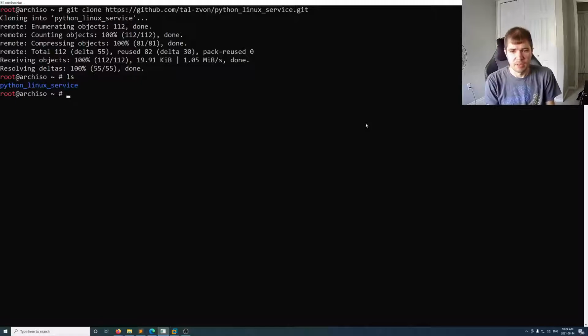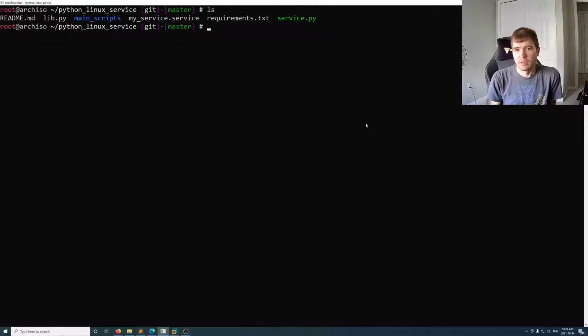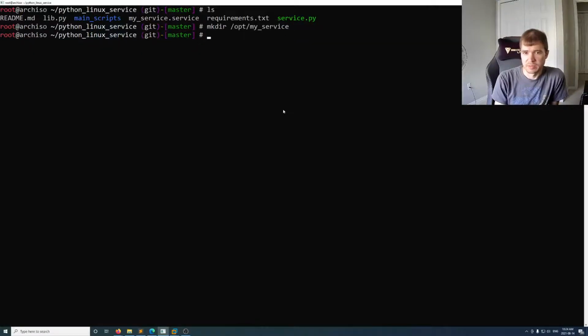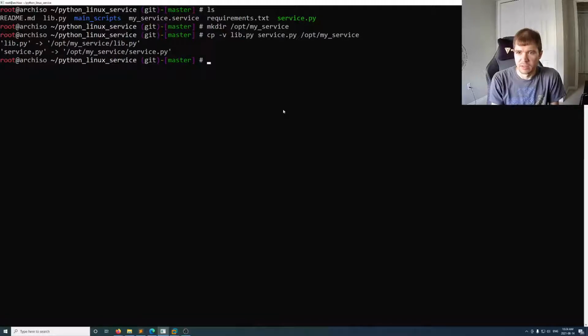Once you do that, in your home directory or in your current directory, you'll have this folder now, and this will let you get started really quickly. So the first thing you're going to see is all of these files. You can see the README on the GitHub page directly, and it'll basically list the steps that we're about to take. So first we're going to create a directory called opt my service. We're going to copy the lib file and the service.py file to the directory, and then we're going to go